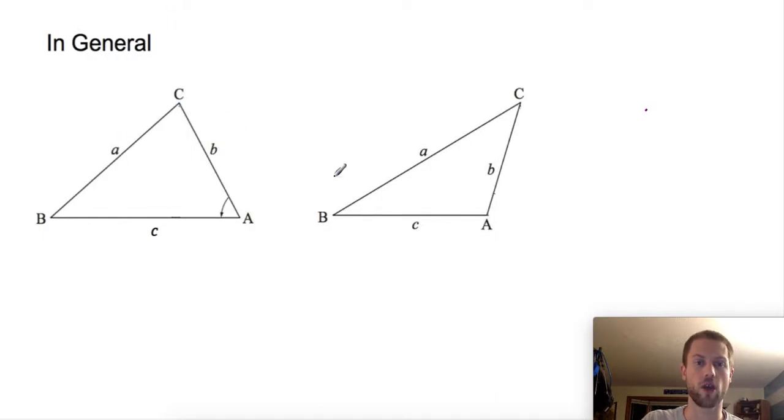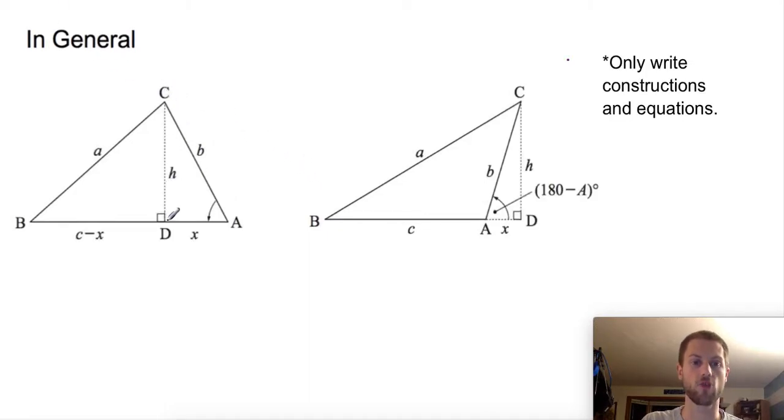I have these two triangles, and I want to generalize that whole process that we did in the last slide. So the thing I did first is I dropped these perpendiculars, these altitudes, and I split up my base, or in this case added to my base. So what I like to do is jot down some of the equations, pause it if it's confusing, and I really want you to make sense of how I got through each step so that you know where